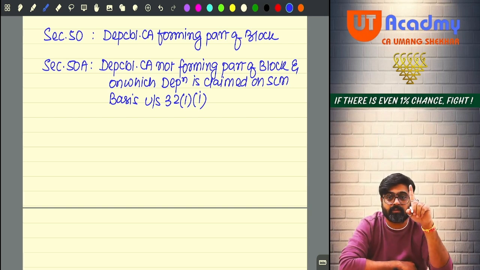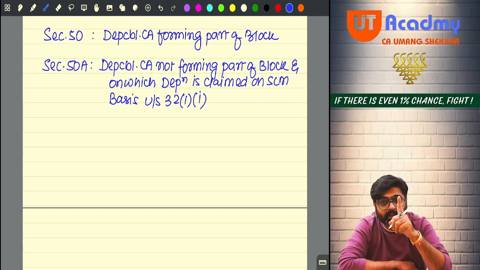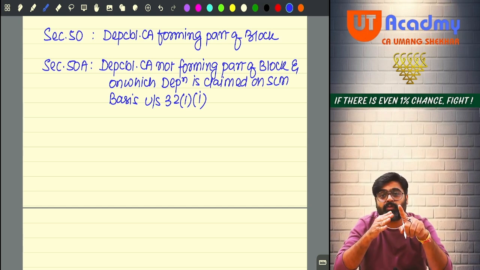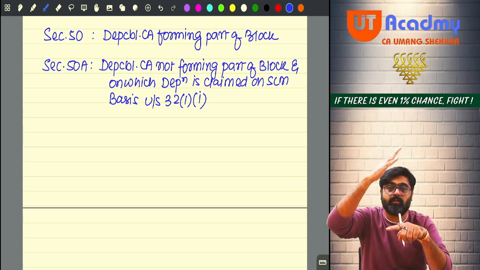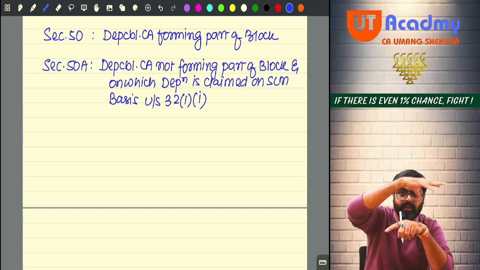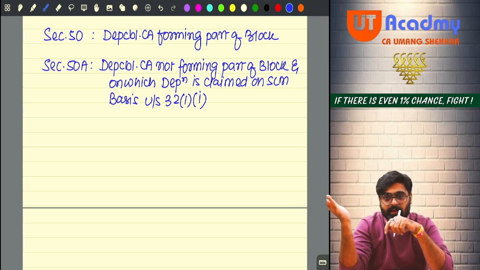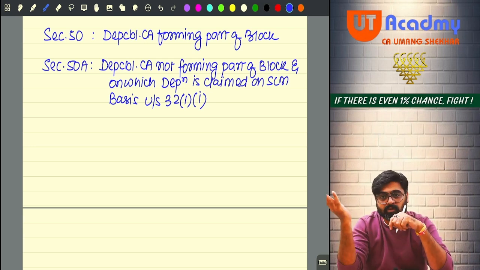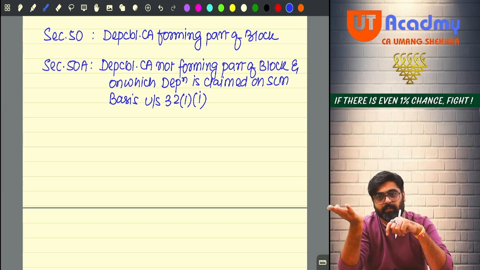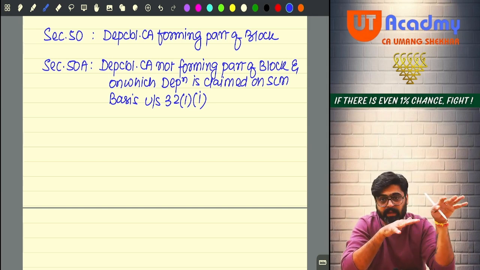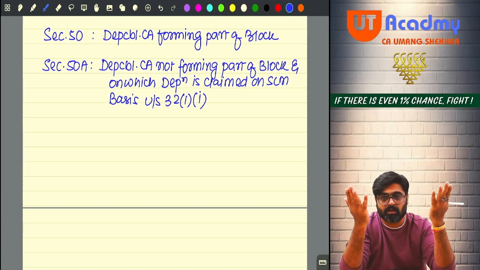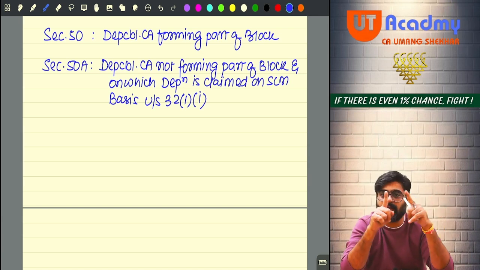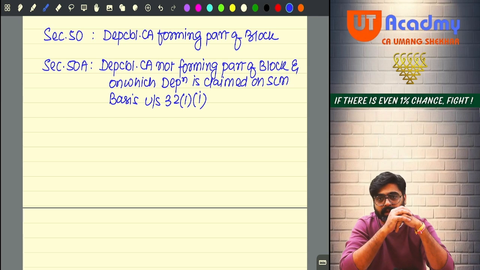But there is only one case in which capital gain will be there. 50A says that if the selling price is more than the WDV as well as more than the actual cost, then the entire actual cost will be reversed under PGBP head. That will become the cost of acquisition of the asset in the capital gain head. Selling price, bring under capital gains. Actual cost which got disallowed under PGBP, bring under the capital gain. Selling price minus cost, you will get the capital gains. That capital gains will be taxable under the capital gain head.